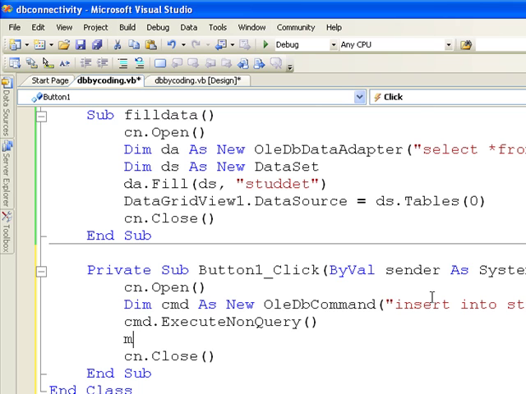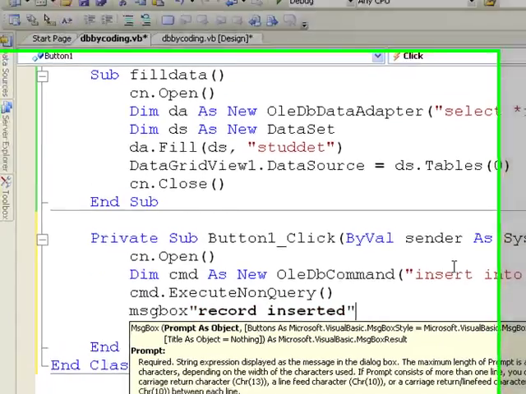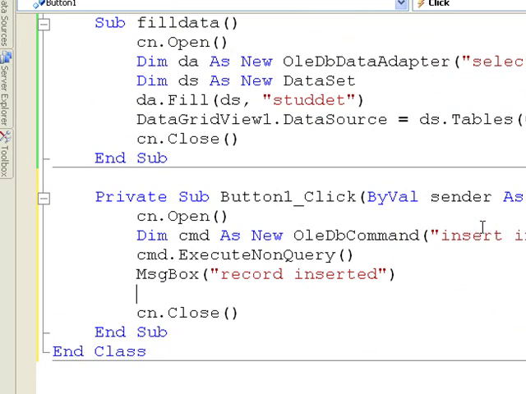Then after that we are using MSG box. In a MSG box we are showing record inserted. After record inserted, connection close will be performed,